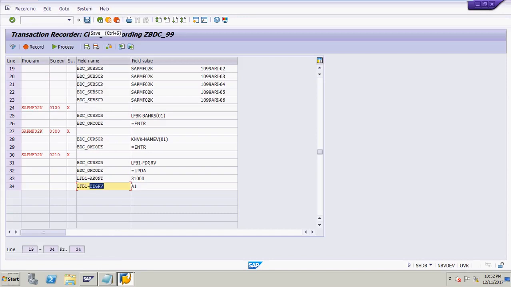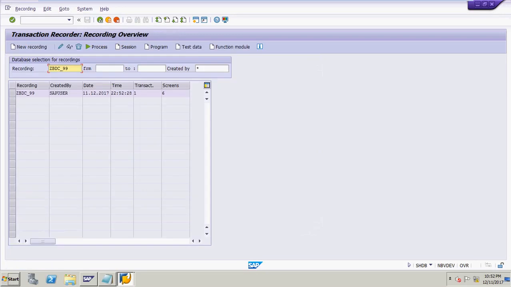Now click on the save button and the recording is saved. Click on the back button.